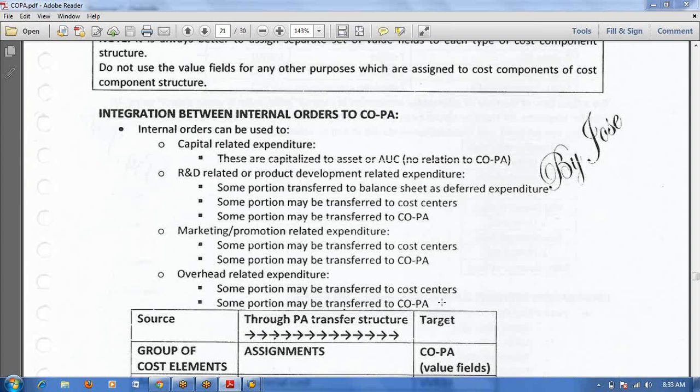In this case, internal order, you said whatever overhead or marketing or R&D expenditure is incurred, and management didn't know that there can be integration between internal order and COPA. So do we need to tell them that this has to be transferred, or can we ignore this?